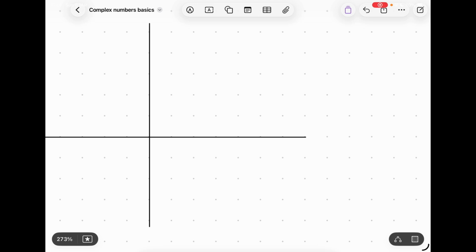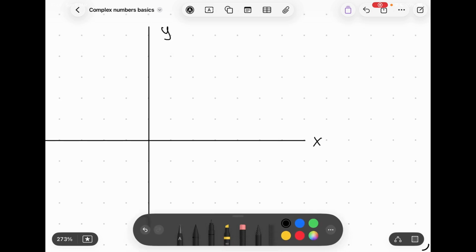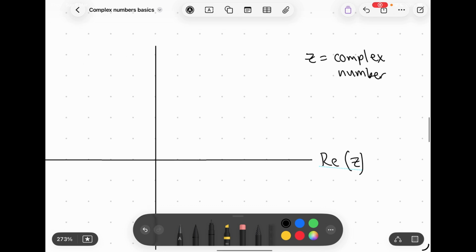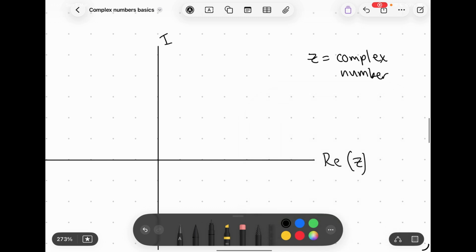Okay, so starting off normally we have our x, y plane like this. Now complex numbers, we don't call them x and y. We call this part the real part, and we normally denote z as a complex number. We have our real part on the x-axis, and we have our imaginary part on the y-axis. We write a complex number in three forms: a plus bi, where i is the number of units going up,